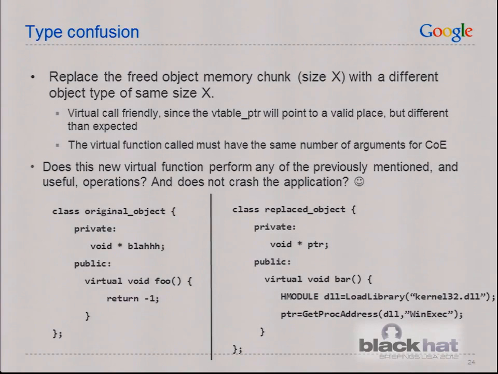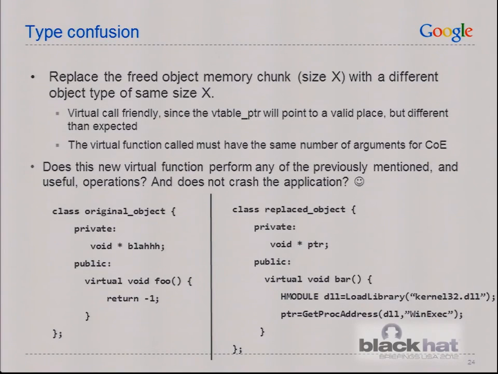It requires several steps. The first thing is that the virtual function that is going to be called in object X has to have the same amount of parameters as the virtual function number whatever in object Y. This is because when returning from that virtual function, the stack needs to be in the same state. So if it had 3 parameters and 2 parameters, it's going to be off by 4 bytes, or 8 bytes, depending on 32-bit or 64-bit. So again,